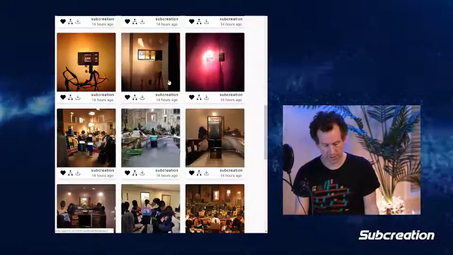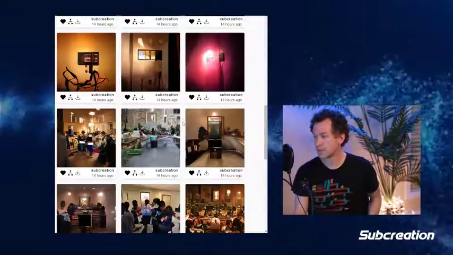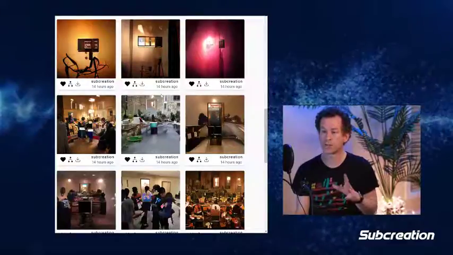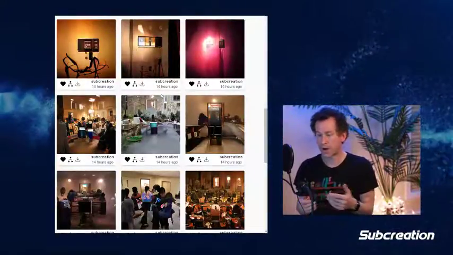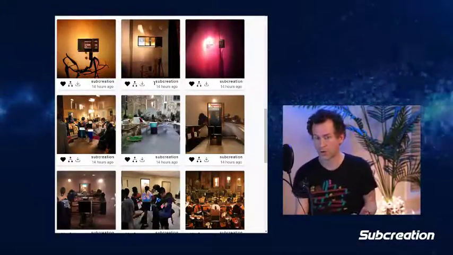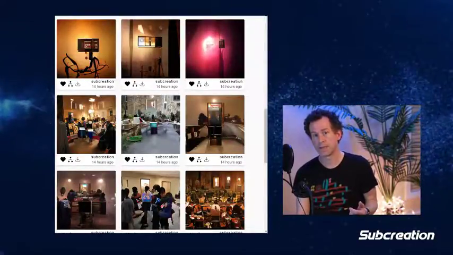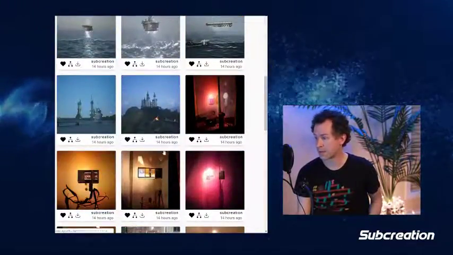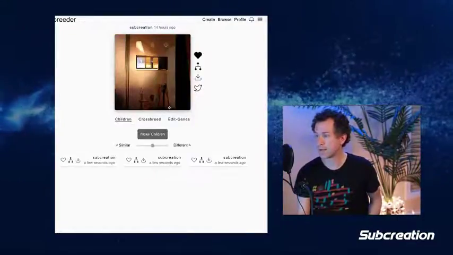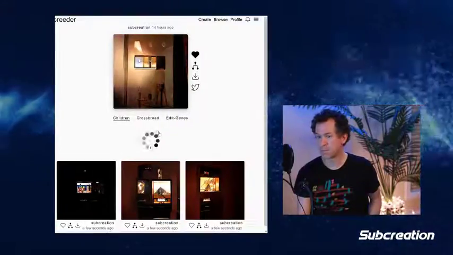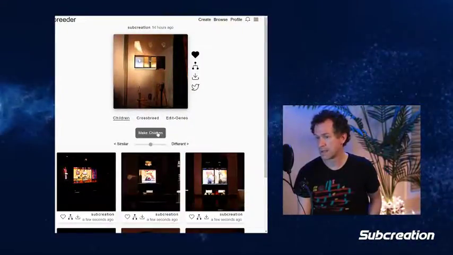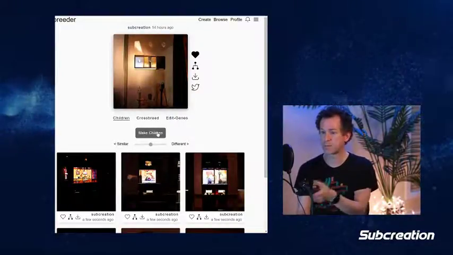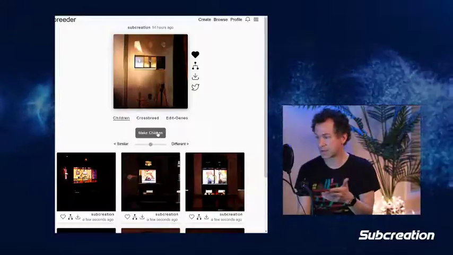But you're not just handing the work over to the computer. If you do work with the computer, I think of it as being, like I was saying before, an art director. When I pull up an image, like when I take this one and use the make children button, it's as if I have this team of artists working for me who do these great images, and I'm saying,